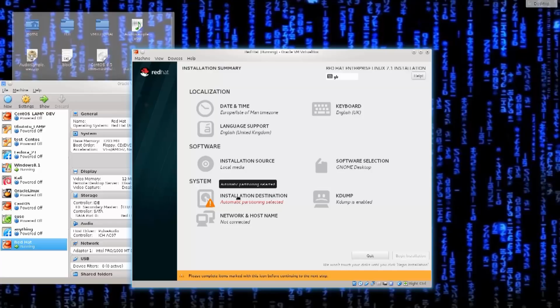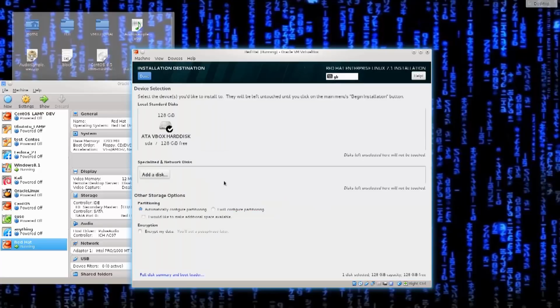let's go into installation destination and the partitioning schemes. Keep in mind that you can create multiple disks in VirtualBox, as many as you like, or as many as your hardware can support. So we're going to be playing around with that later on, and we're going to be creating new partitions on new drives. But for the time being, I'm just going to go ahead and select the default installation, primarily because there isn't really a need to play around here any further. I will teach you how to partition disks, how to format them, and how to configure them to pretty much any setup you want. For the time being, you can just select the automatic configuration and that will do